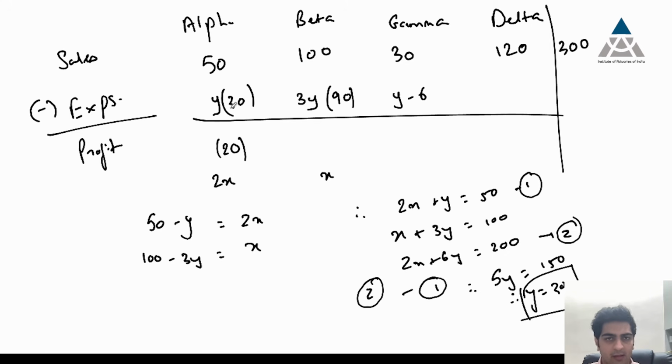This is 90, 3y, which means this is 100 minus 90, which is 10, which conforms to our earlier fact, right? This profit is twice. Perfect. Gamma's expenses now would become 24, which means their profit will now be 6, and now all we need